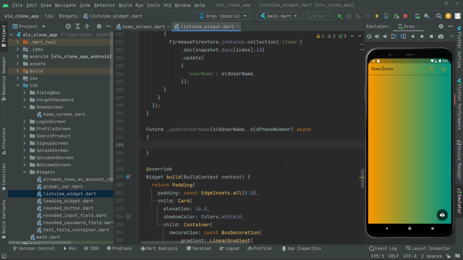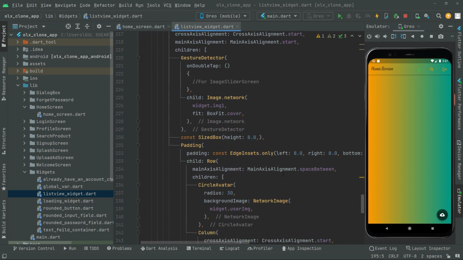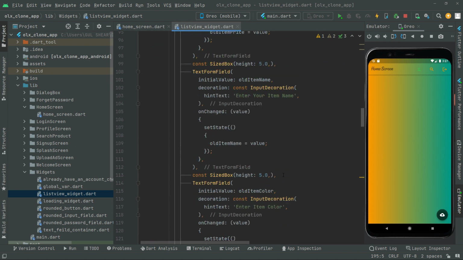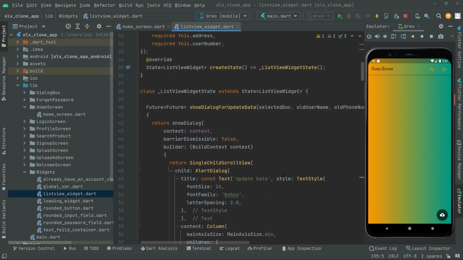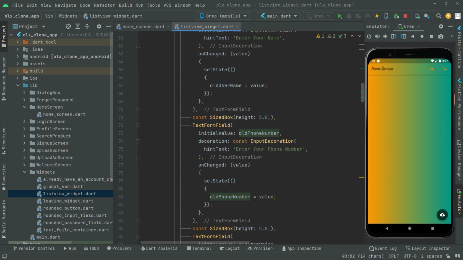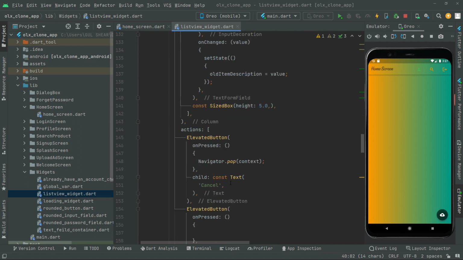We're going to simply get it right in here and pass it, as you guys can see right above in here, old username and old phone number. Okay, so let's get it down